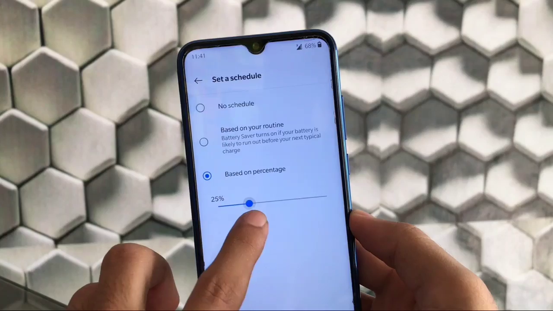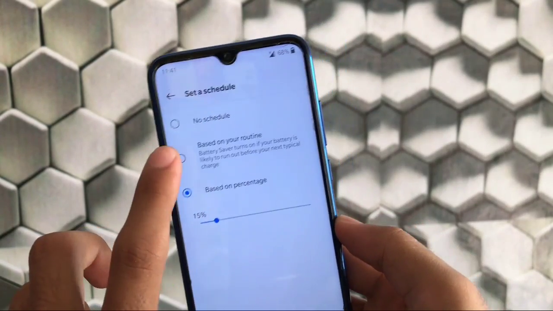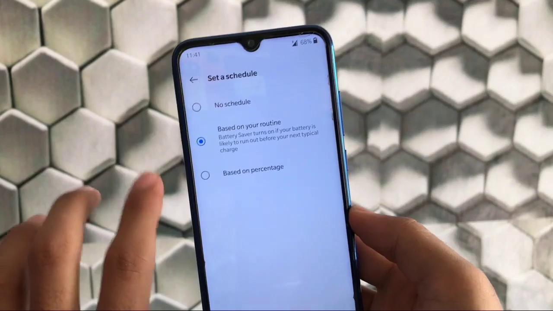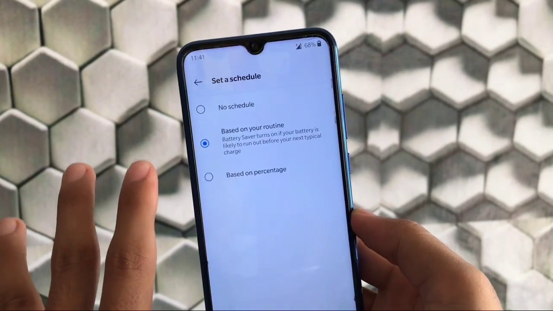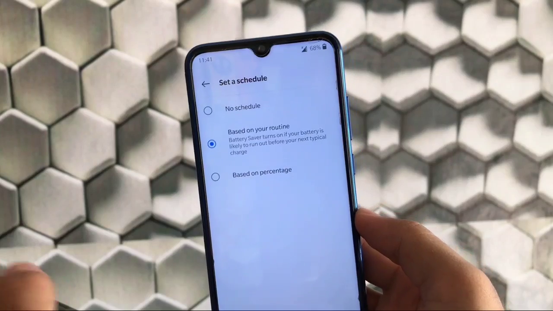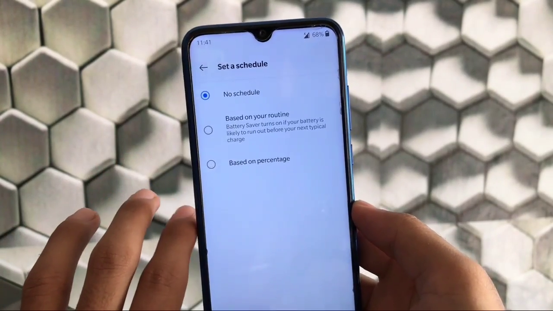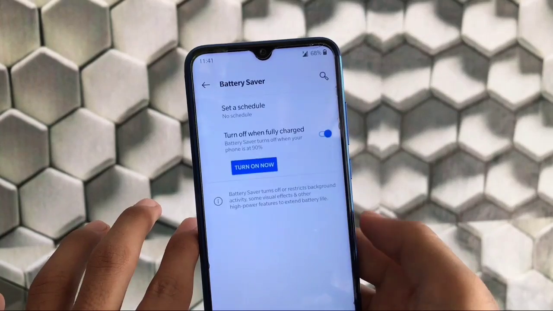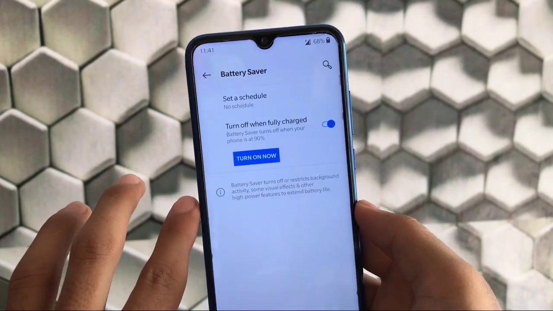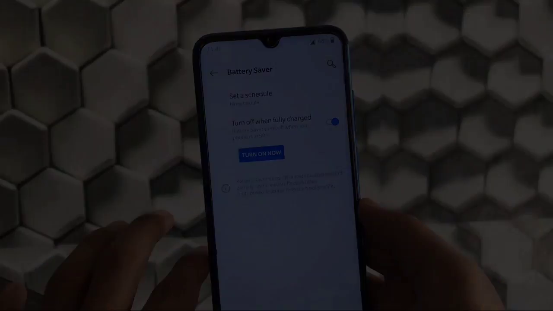So you can adjust the percentage at which your battery saver will be turned on or off. Or you can choose based on routine, which means it will automatically turn on depending upon your typical charge. It will automatically adjust everything, or you can choose the no schedule option also. It all depends upon you. It's a great feature available in this build also.